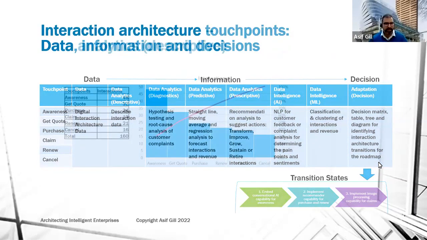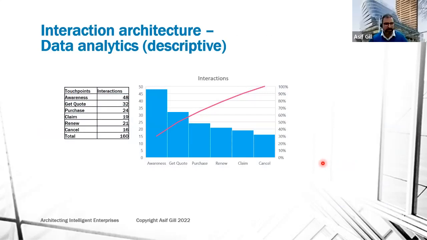So here I have first of all collected, I would say, fictitious data I'm showing. Don't want to jeopardize any kind of privacy and stuff. So interaction architecture, data analytics point of view. We have, let's say, touch point data. There are a number of interactions mapped to each touch point. And you can see that more of the touch points have interactions around these top 3: awareness, getting quote, and purchase, but fewer on the other side. The data is a bit skewed on this side.